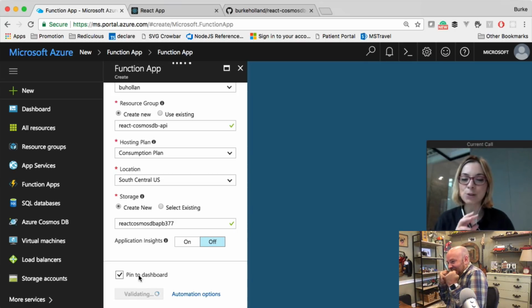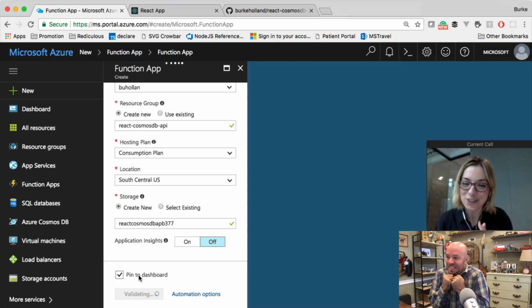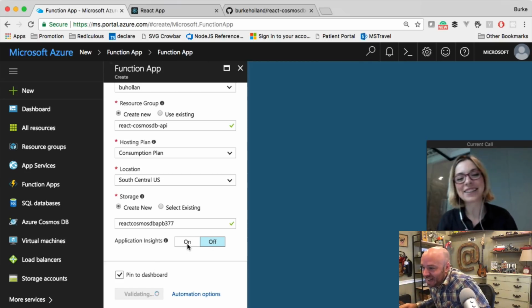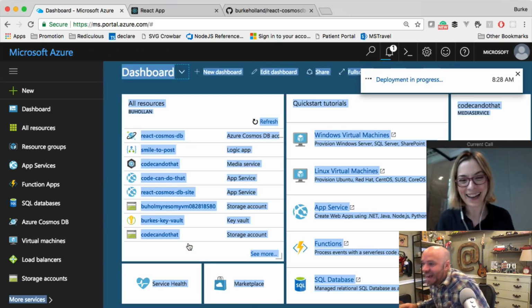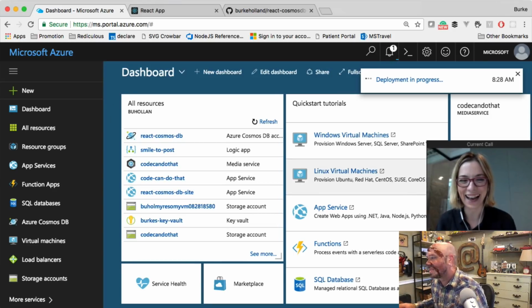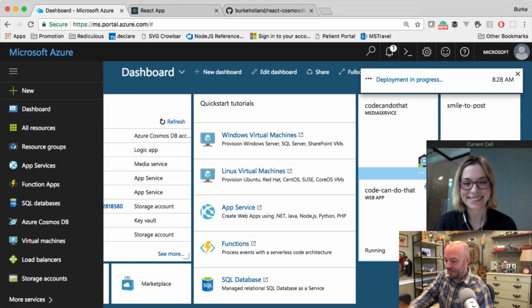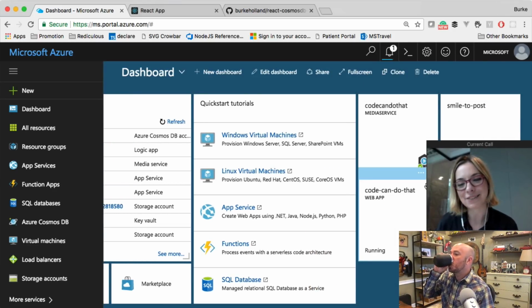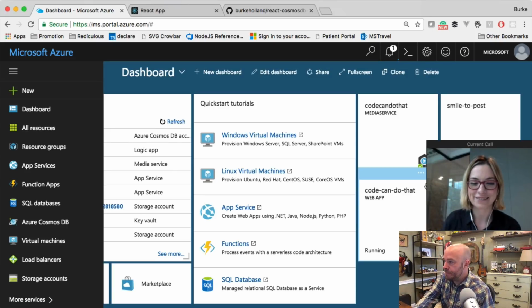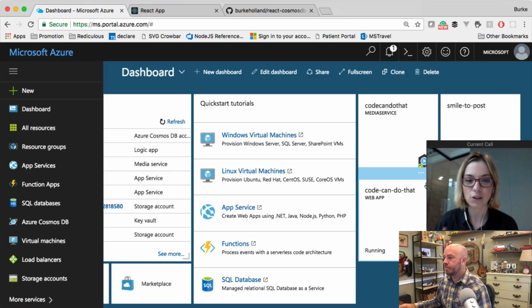If you want to monitor your app, you should turn on Application Insights. It's too late. No monitoring for me. Okay. But we can actually enable that later on. Okay. Cool. So now we've created this new function app, and while it's deploying,